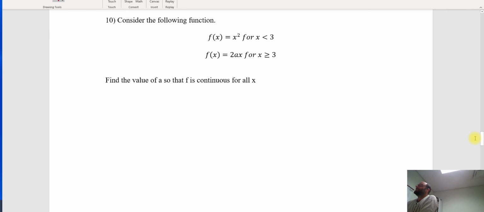Okay, find the value of a such that this thing is continuous. Remember, the criteria for continuous is this: the limit as x approaches some value, I'll just call it x above, from the right has to equal the limit as x approaches that value from the left, has to equal the function value at that spot. Those are the criteria